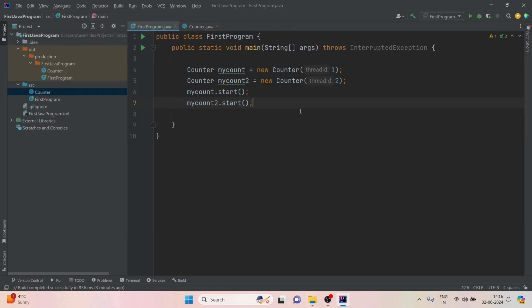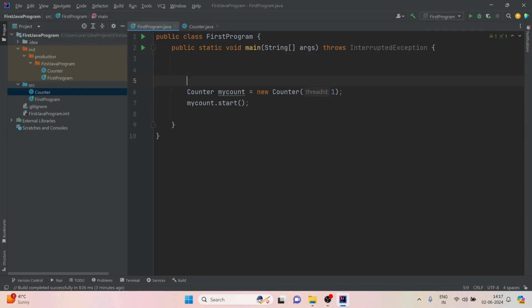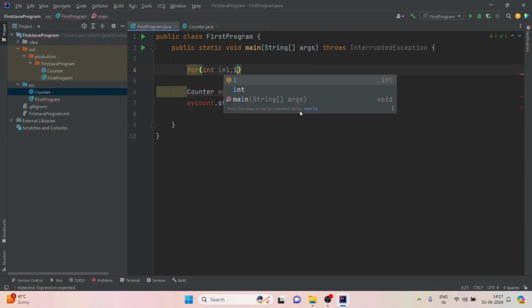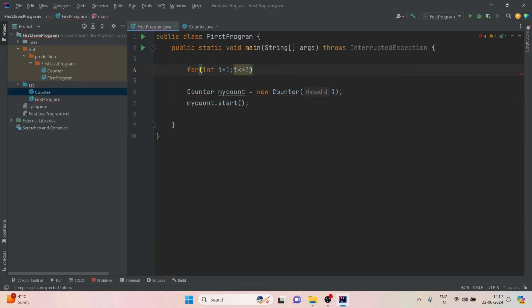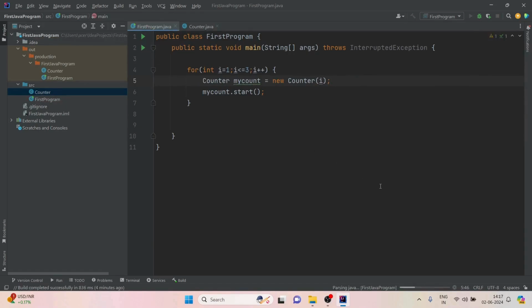So to understand that, I'll remove this thread. Now instead of creating multiple threads manually, I'll create a for loop here for int i equals 1, i less than or equal to 3, i plus plus. And here I'll copy paste this part. And instead of sending the thread ID as 1, I'll send it as i. Now suppose I run this program now,